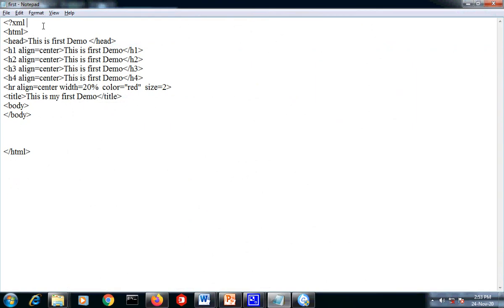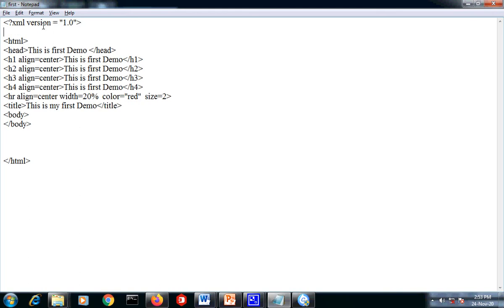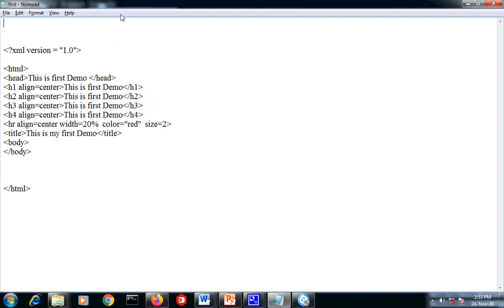XML version equal to 1.0 tag close, enough.